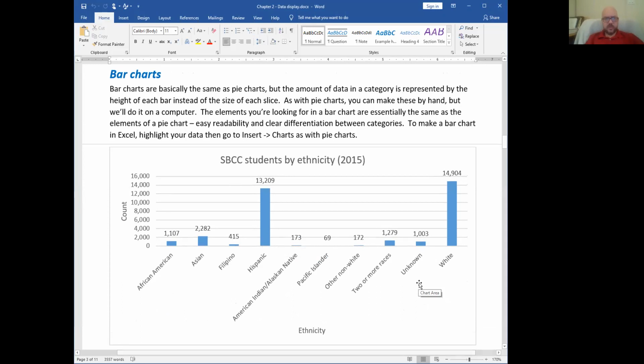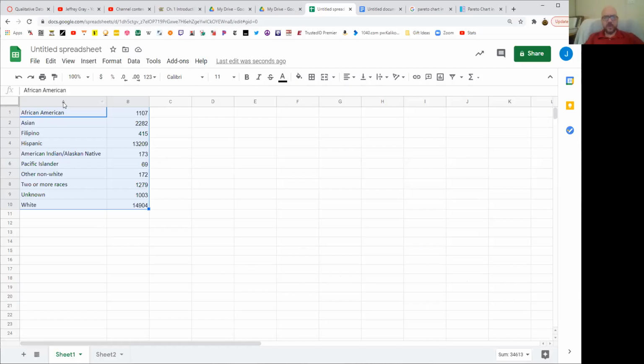Yeah, and so let's see how to do that. In Google Sheets, it's relatively straightforward. We're going to do the same thing. We're just going to select a different chart type. That's pretty much it, and then modify it as we like. So I've got my data selected. So again, you have to select the data that you want to put in your chart. Hit the chart button,